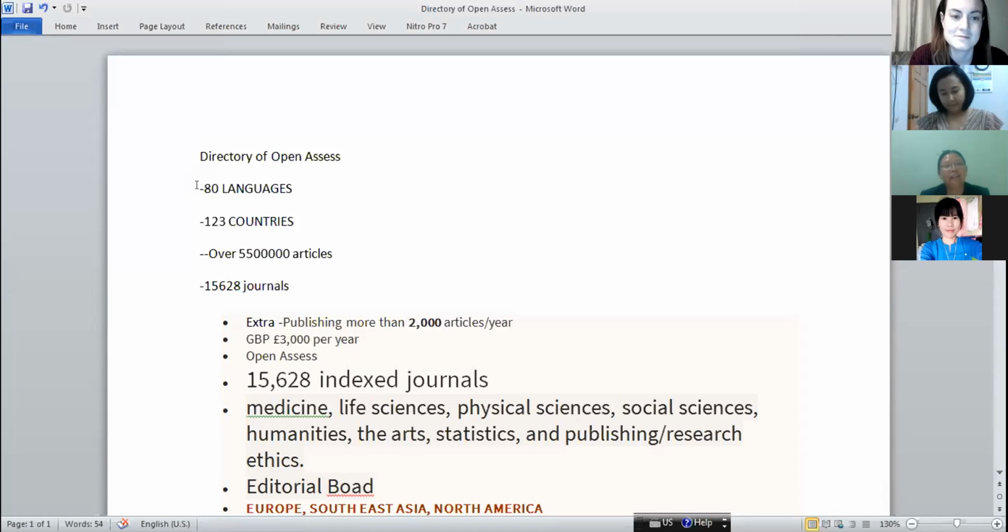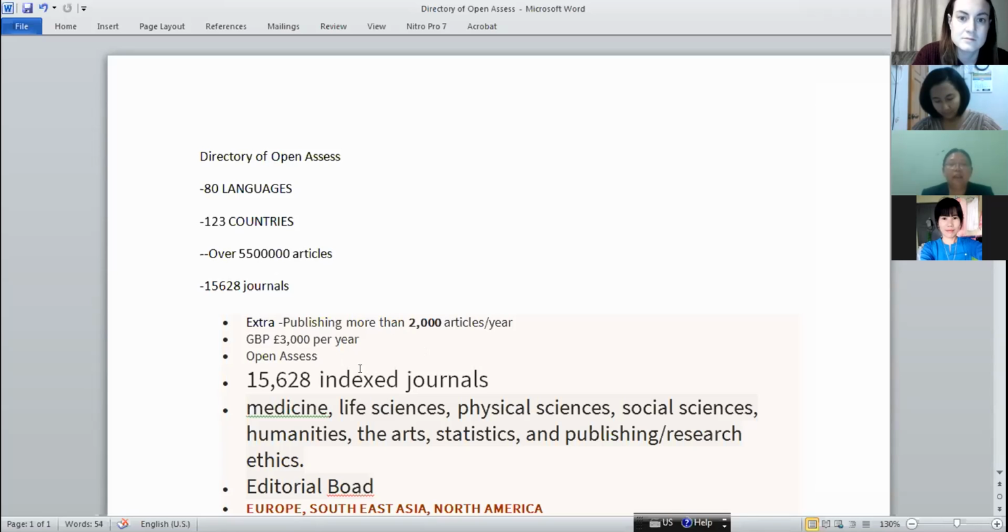Yes. 80 languages in this website, and 123 different countries, and 50,000 articles, and then there are journals, and if you would like to publish on the website by joining, for extra articles you should pay. If you want to download, you should pay €3,000 per year. It is an open access